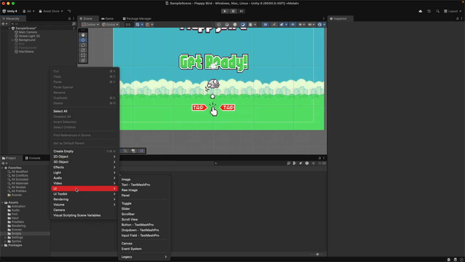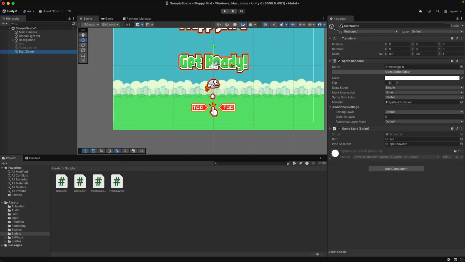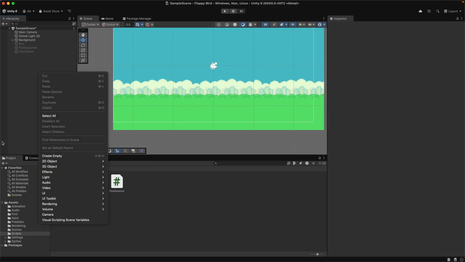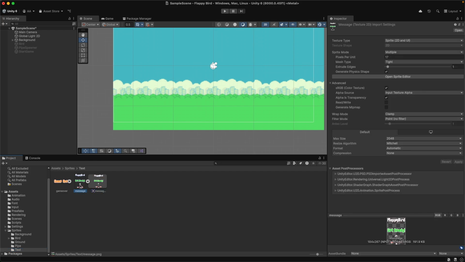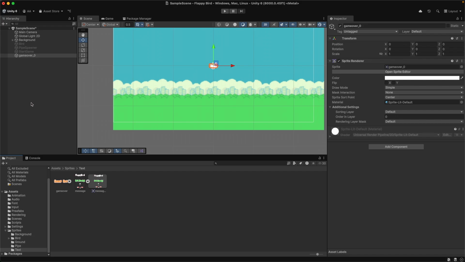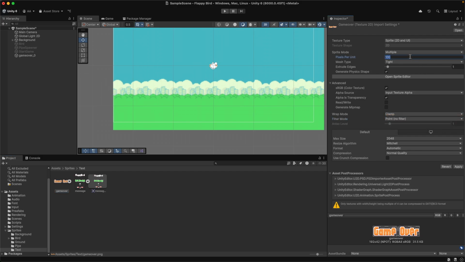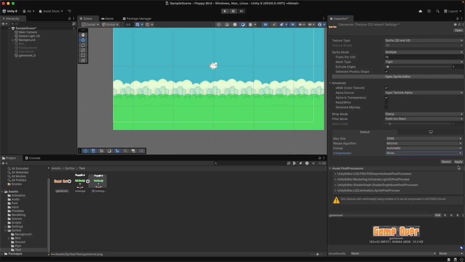So user interface, by the way, UI, and then quickly set start game to not active, and then UI, and then we can do TextMesh Pro, or if you want to do it fast, then I believe we can go into Sprite and then open up, and then let's text and game over, which we can just drag in, and then again you have to set everything to what we liked, 16, none. Anyways,